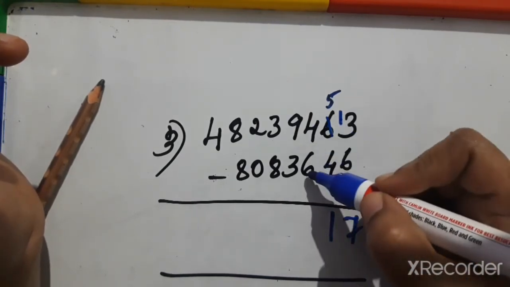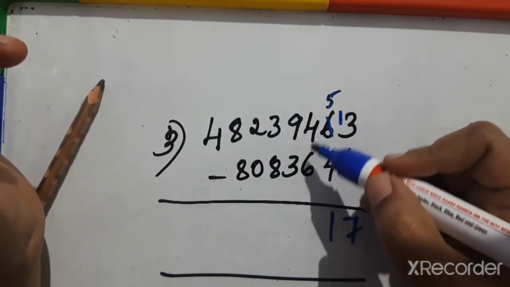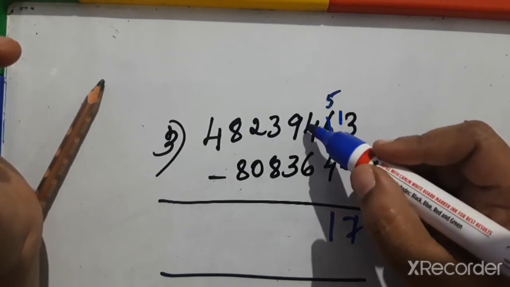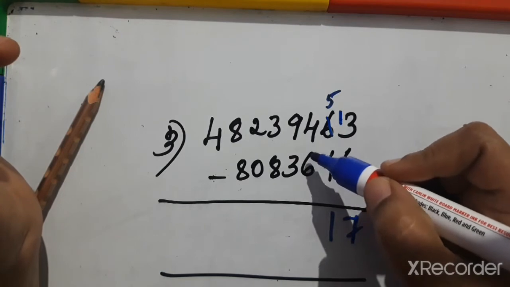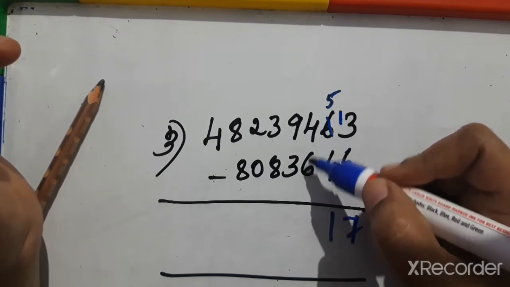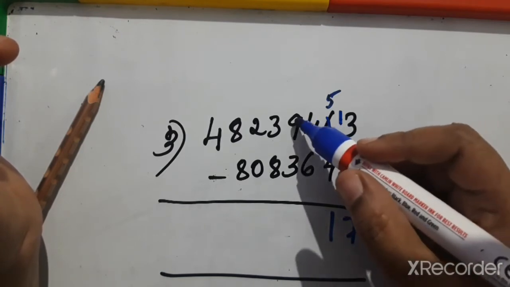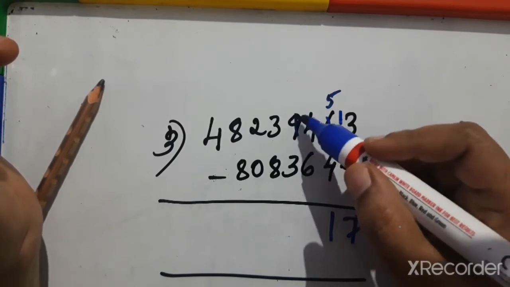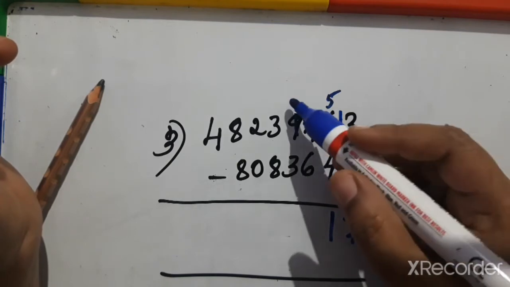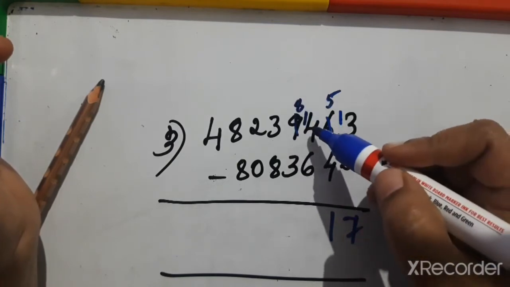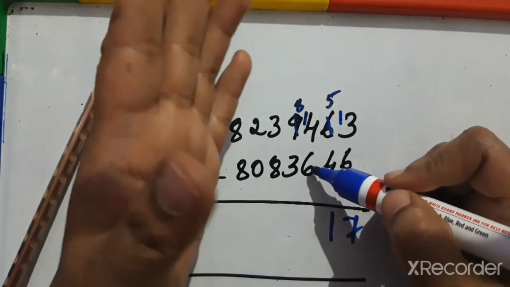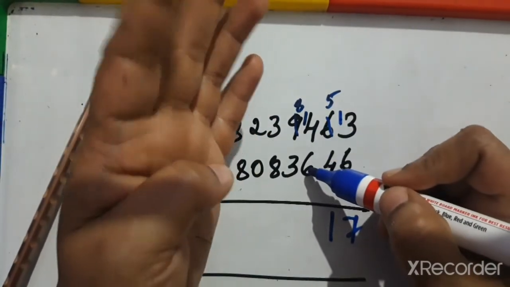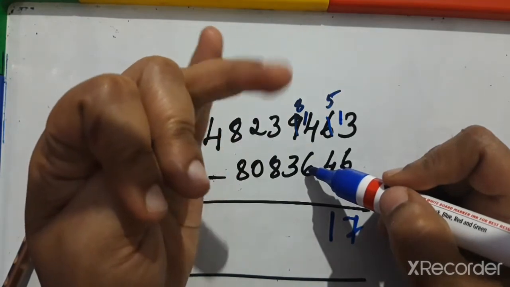Now 4 minus 6 we can't subtract because 6 is greater than 4. The first number should be the greater number. We have to spend 6 rupees but we have only 4 rupees. So borrow 1 rupee from the next friend. So borrow 1 here. So this is now 14 and 9 is now 8. 14 minus 6 means 8: 7, 8, 9, 10, 11, 12, 13, 14.